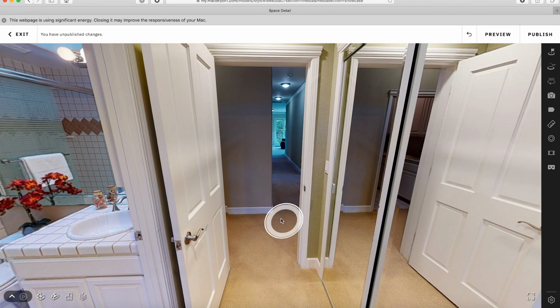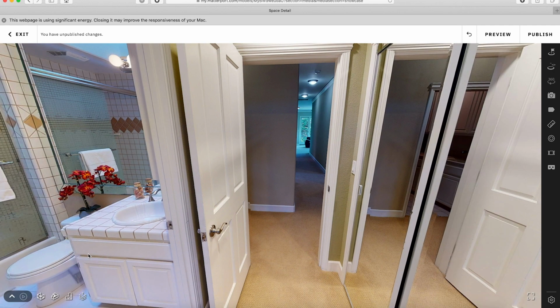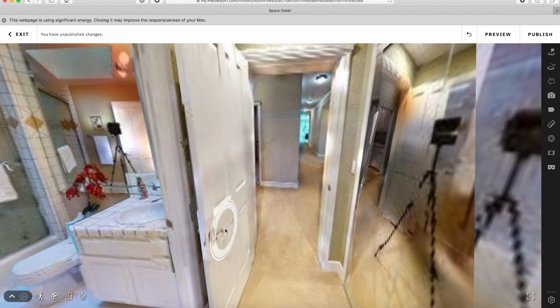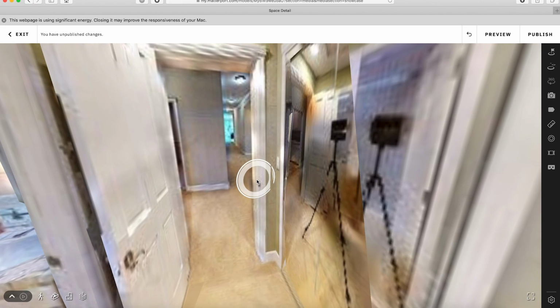I don't see any circles out here in the hallway, and more importantly, I can see that the circle that is around the cursor here looks like it's kind of on a surface. You can see that when I'm on the door, it's on the door. So this circle tracks the 3D mesh that is behind this 2D panorama that I'm actually looking at right now. So when I click this mesh view, I should be able to see mesh that was captured from these positions.